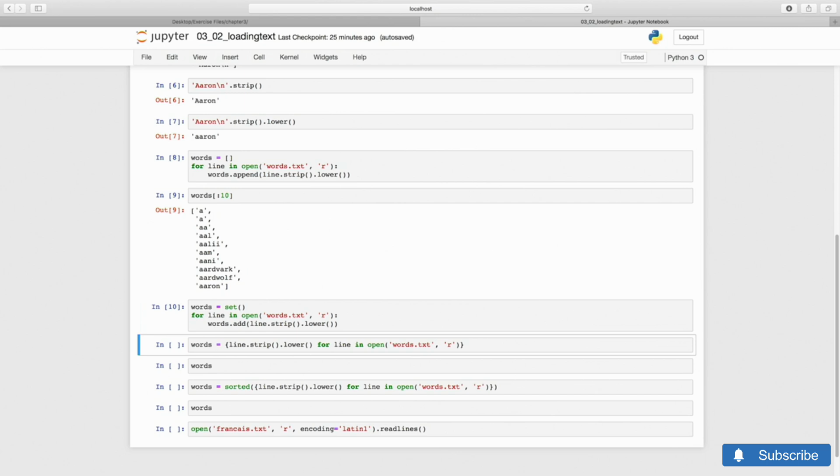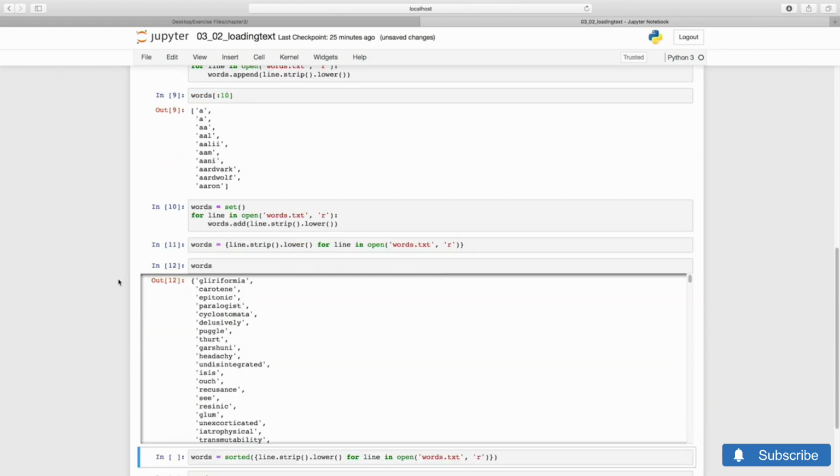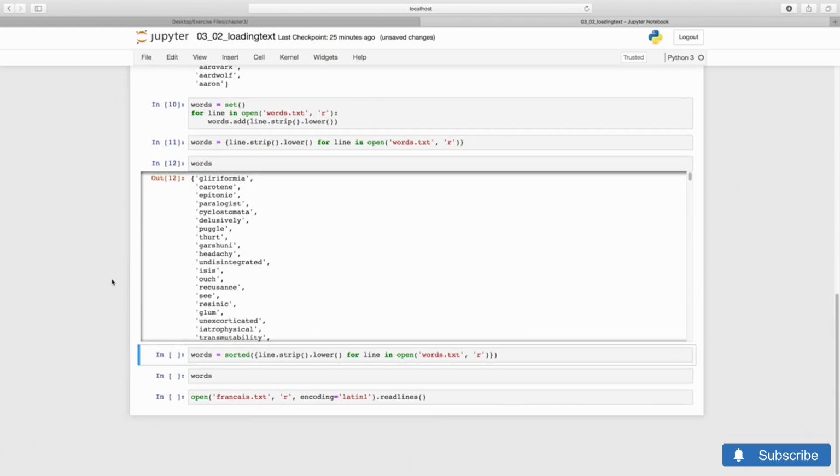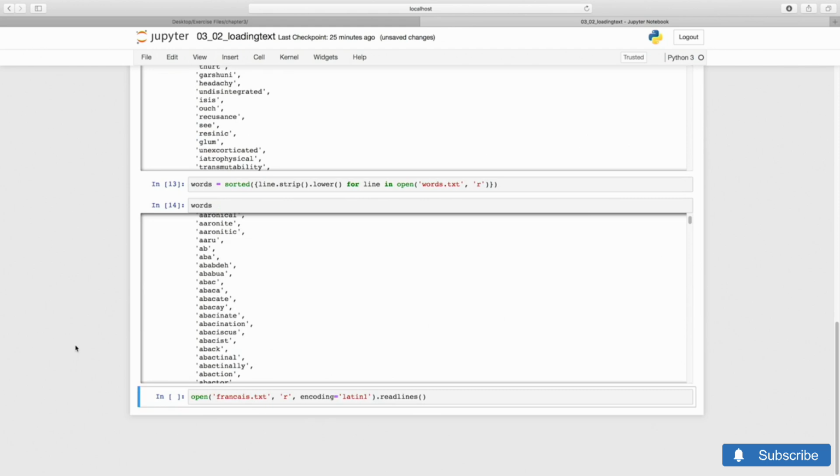The comprehension will have the expression I want to collect, and then the loop over lines in the file. Here it is. If we wish to restore the alphabetical order, we can just wrap the set in the Python built-in sorted, which produces a list. A list, however, without duplications. We are now ready to make anagrams.